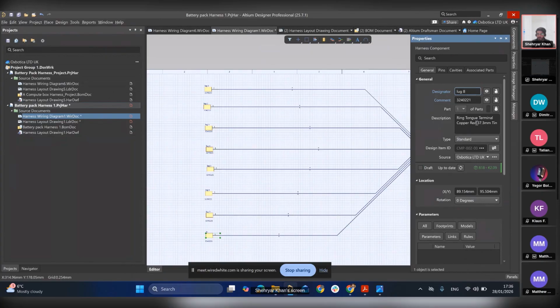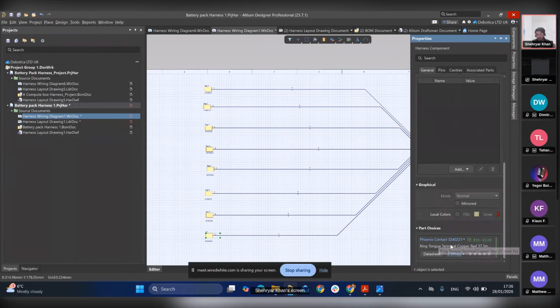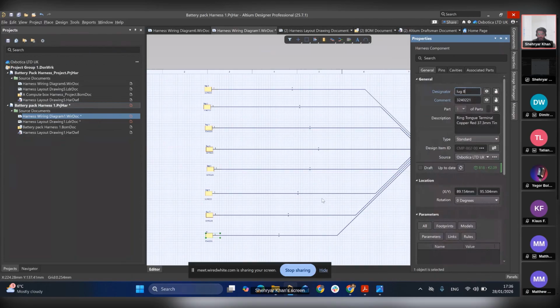manufacturer part. Altium is doing it for you by itself. This is a good thing about Altium, and it can show you the data sheet of that connector as well. So from where it's coming, if you just click it, it will take you to the website from where it's been taken. And next is